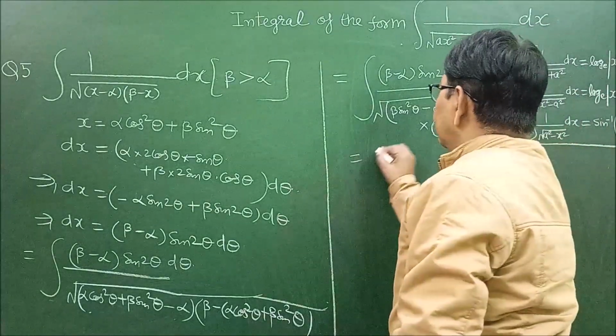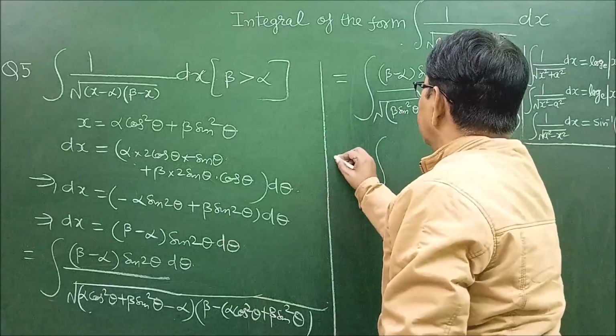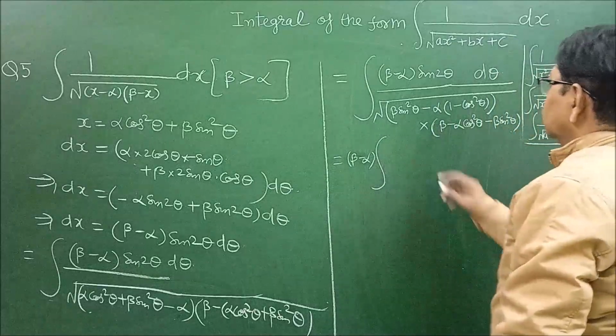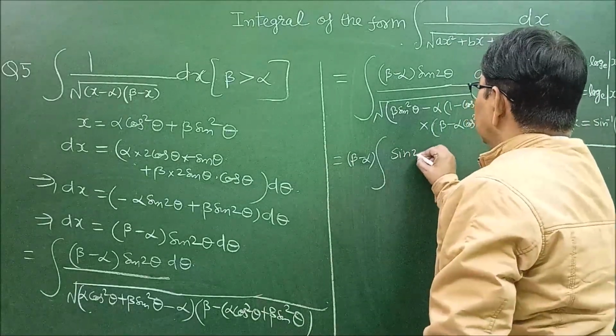So this is equal to the integral of (beta minus alpha), which is a constant so it can be taken out, sin 2 theta d theta